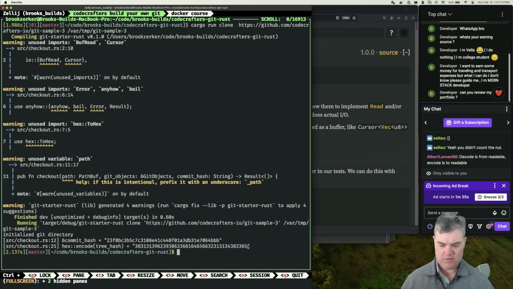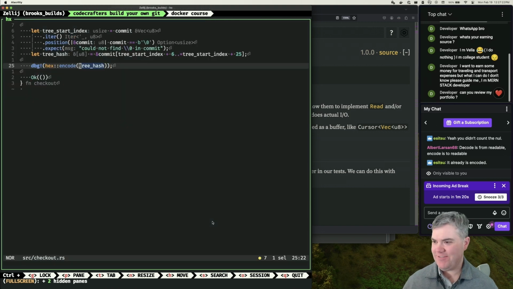That's wrong. It already is encoded. Right, okay. This is why I get myself confused so much, is it's already encoded in there,